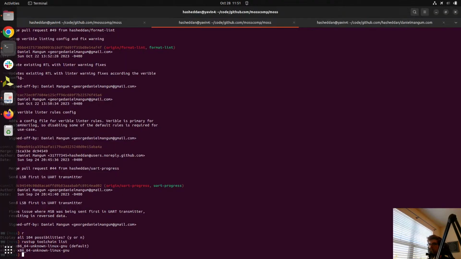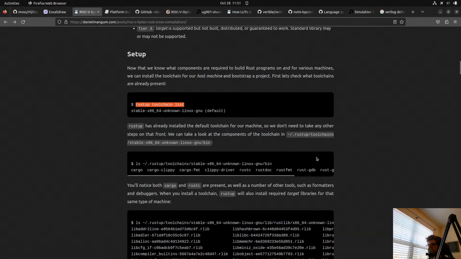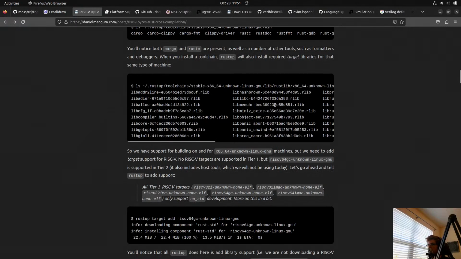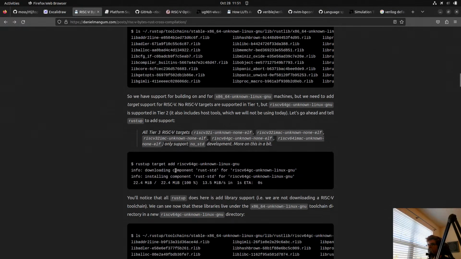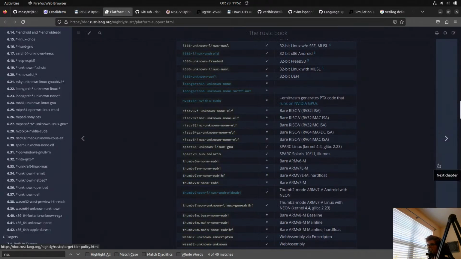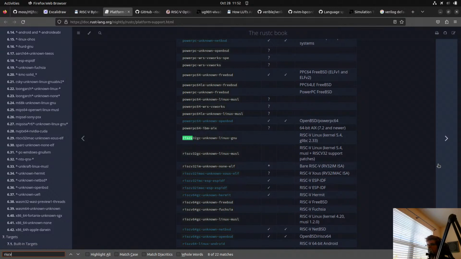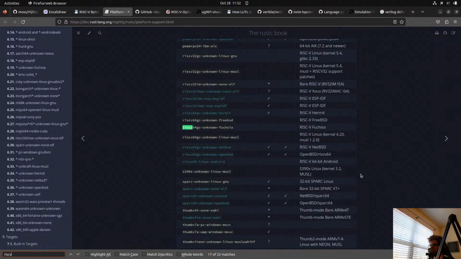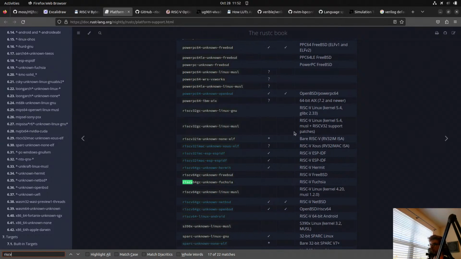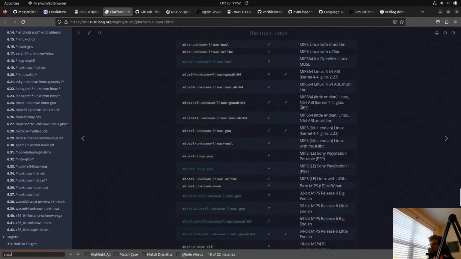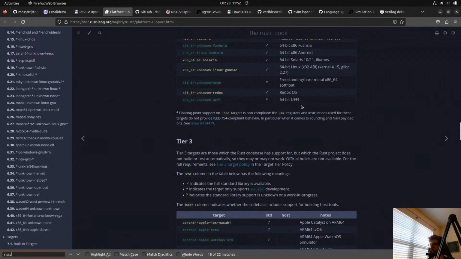It always gets upset about Rust Analyzer when I do this. RISC-V. So we have Linux variations. Yeah, we don't have any of those. What tier are these? These are tier 3.